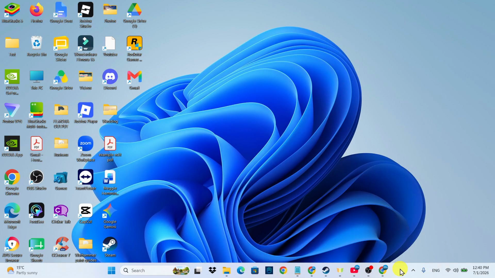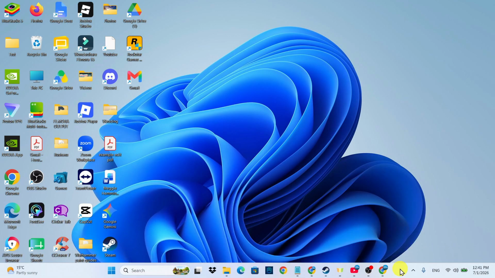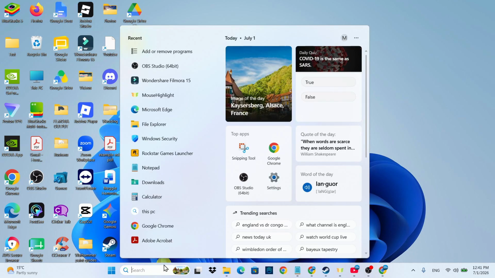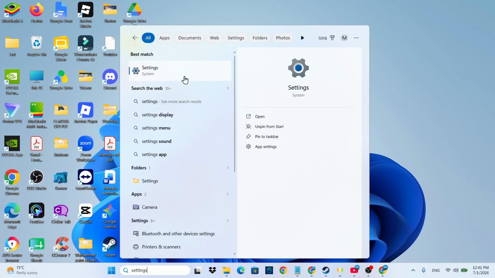In this video, I will show you how to delete apps on your Windows 11 computer or laptop. To get started from your Windows 11 desktop, what you want to do is come down to your search box in the taskbar at the bottom, and in here you want to type settings, and then open up your settings